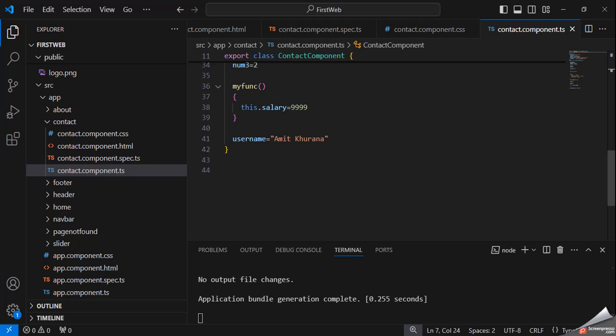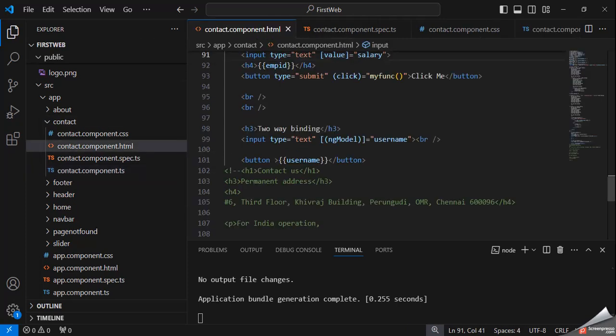This value will show on the HTML page, and if we change the value of username, it will show after changing.